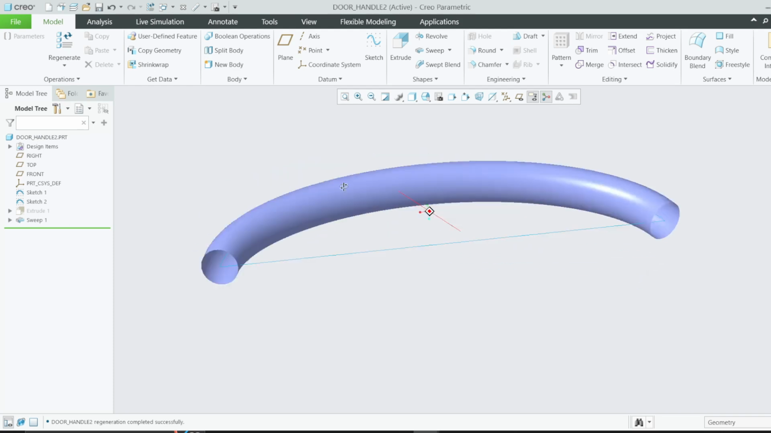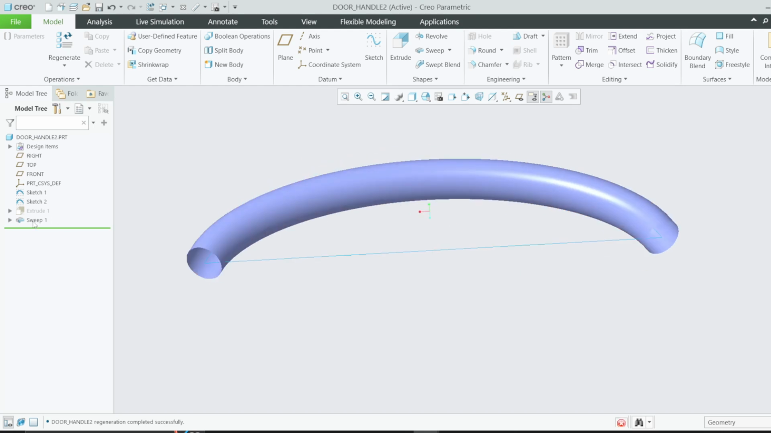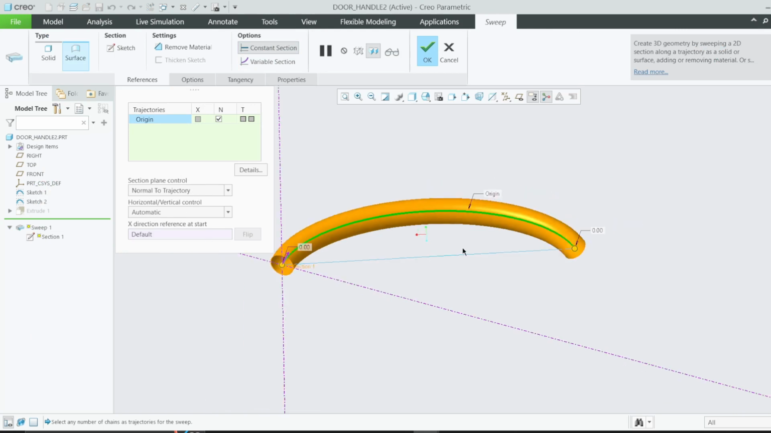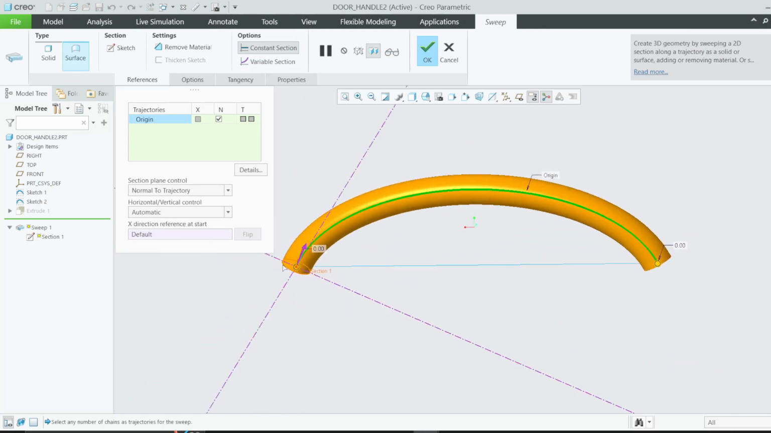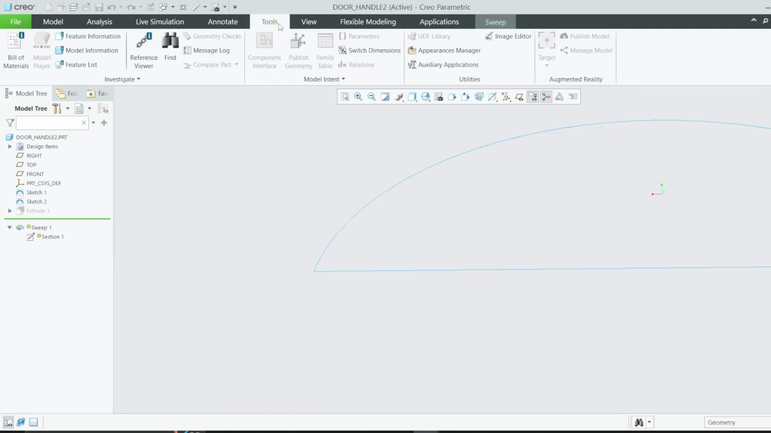As you can see now, we have a constant profile, and if you go to sweep here, edit, we are using a constant section here. You can see the constant here, and it is normal to trajectory. Basically, this means that the profile is always normal to the trajectory. This one is our trajectory, but I want us to vary this section. I'm going to select variable section, go to tools,